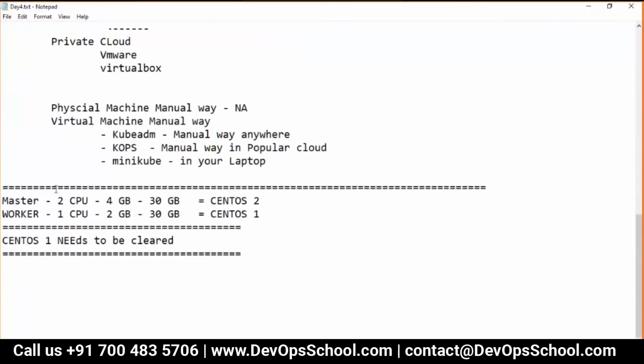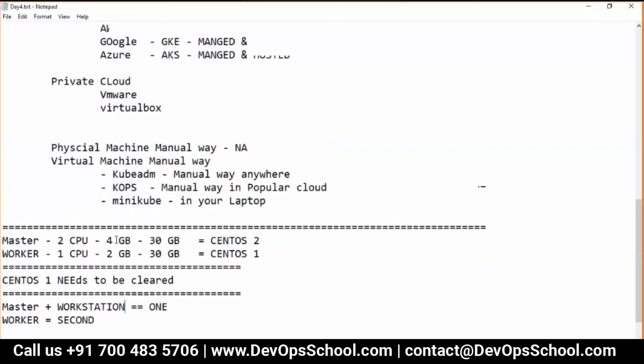During the live time. But right now what I'm going to do is set up 2 machines, one for master, one for worker, and then by the way we need one for the workstation also. So what I'm planning right now is my master plus workstation would be in one machine itself.